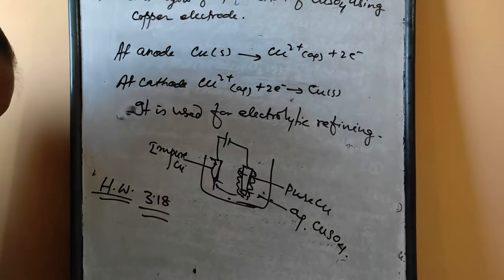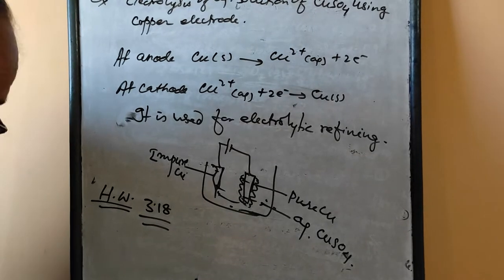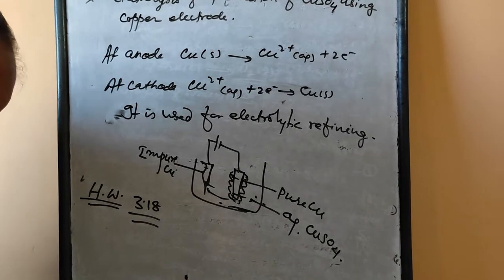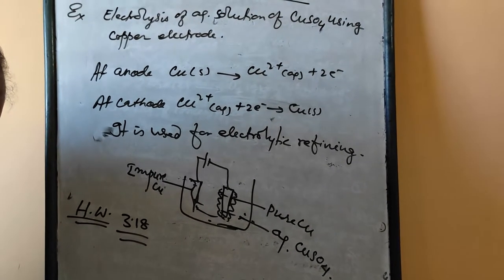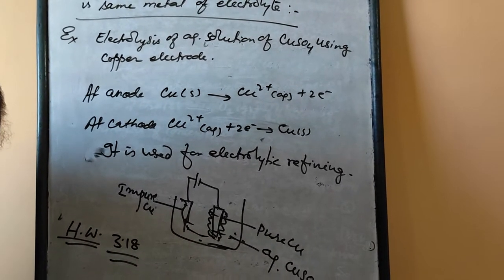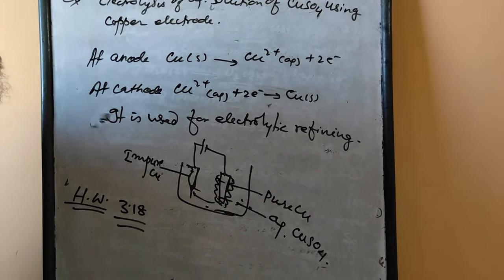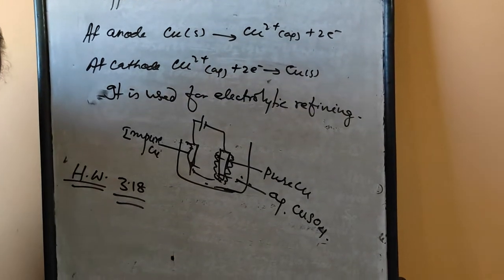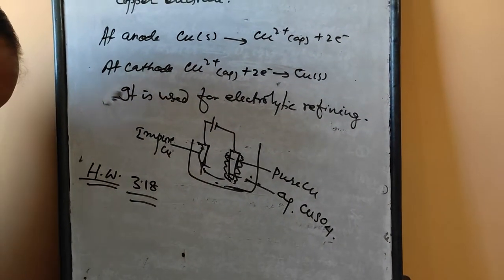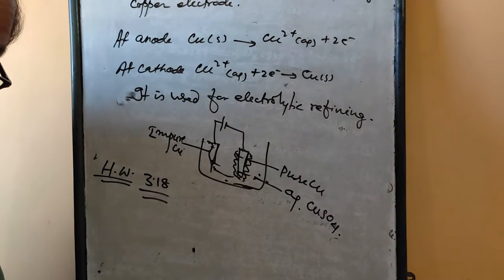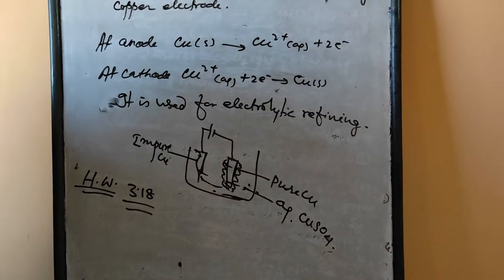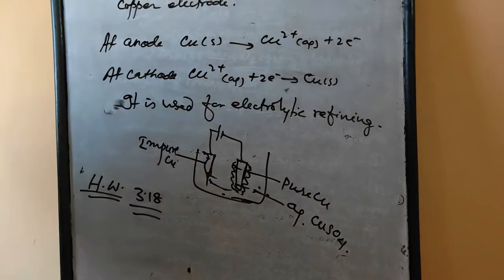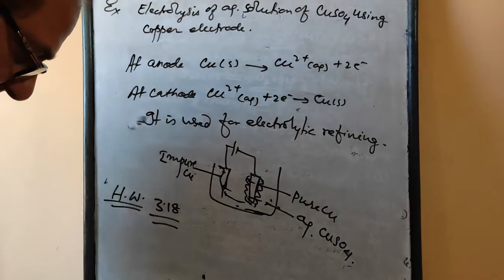Second, an aqueous solution of AgNO3 using platinum electrode. At the cathode we get silver, and at the anode we get oxygen. Third is a dilute solution of H2SO4 using platinum electrode, which I have already given. Fourth, an aqueous solution of CuCl2 using platinum electrode. The answer is that at the cathode Cu is deposited, and at the anode Cl2 gas is released. Now this is the point. Now come to the tips.